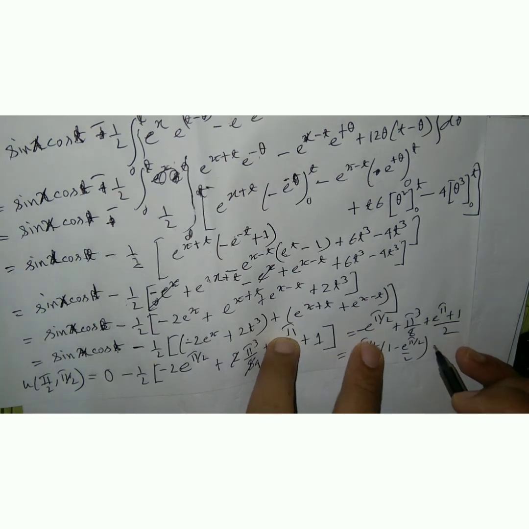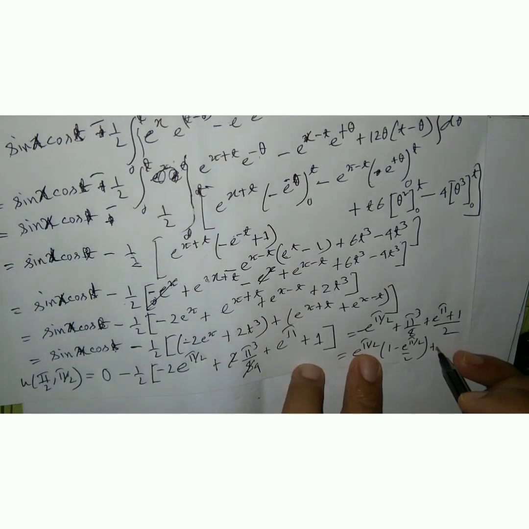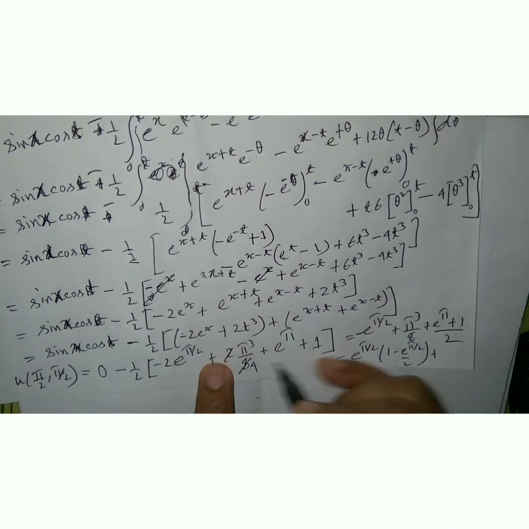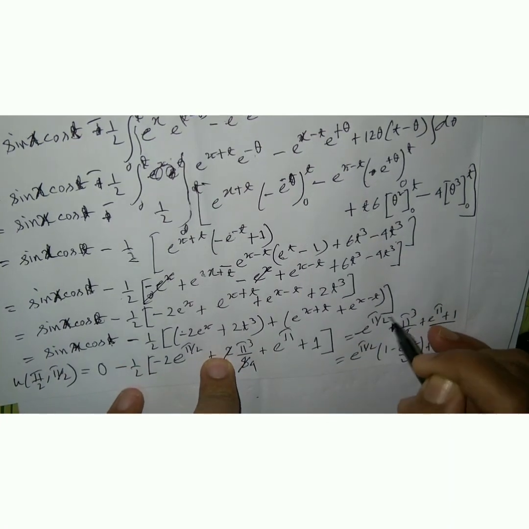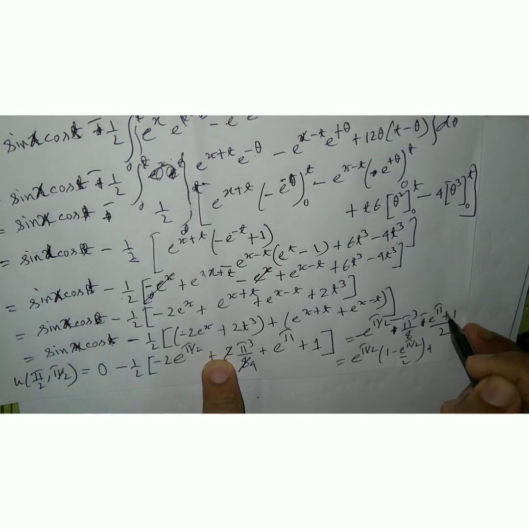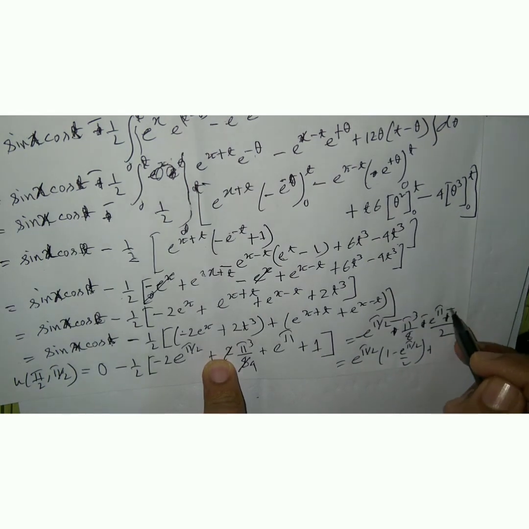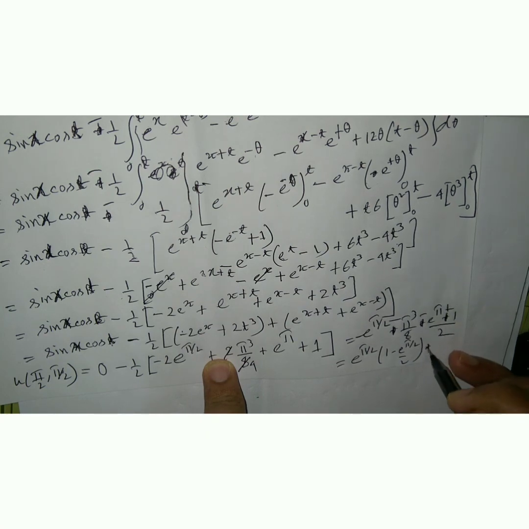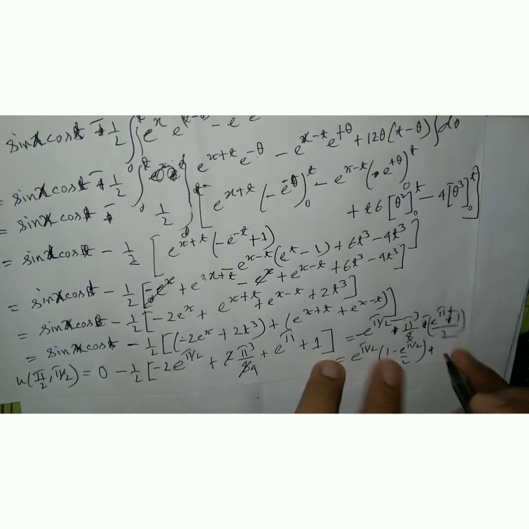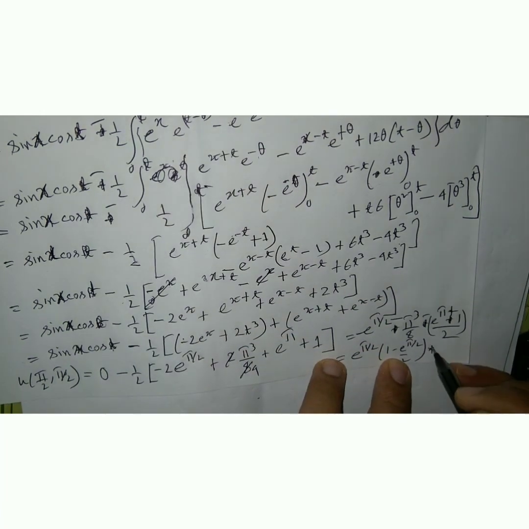Okay, in here minus, so it is minus, and in here it is minus, so it is minus. I can write it the plus way, it is in bracket, so I can write this is minus